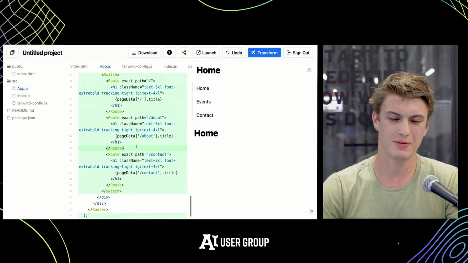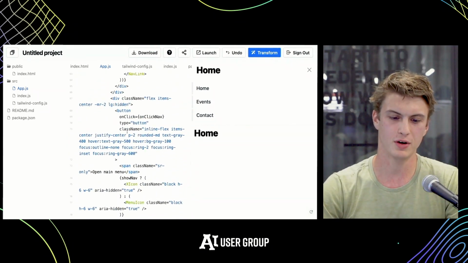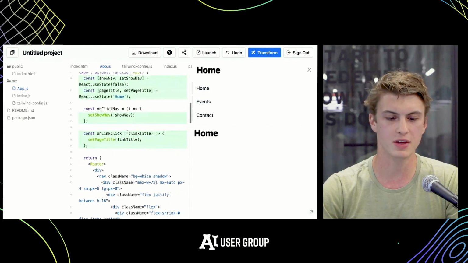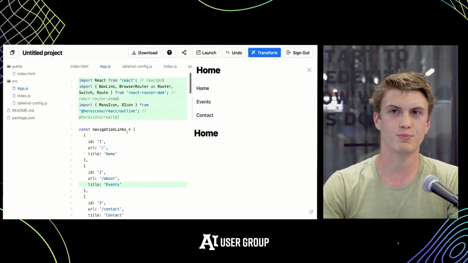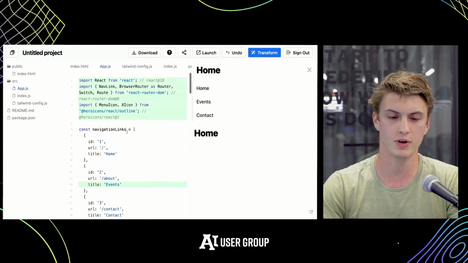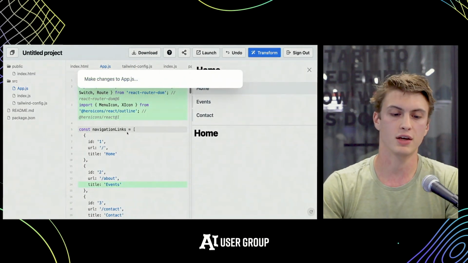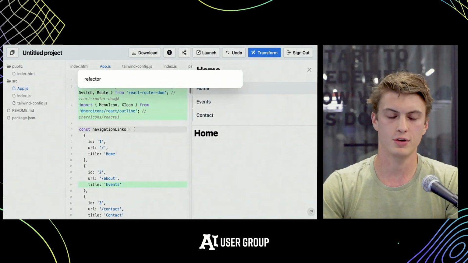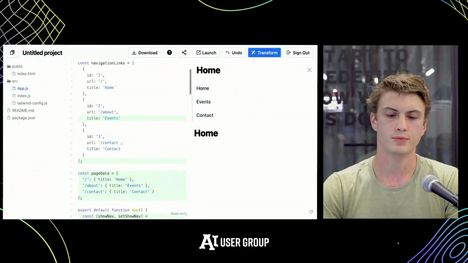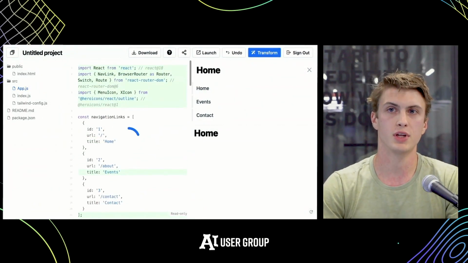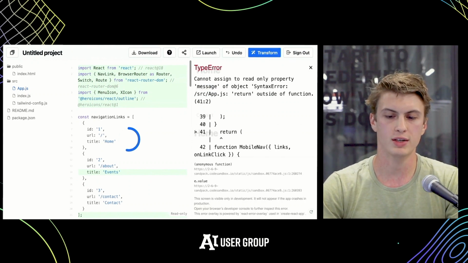but it's a bit messy. If we look here, basically it's put everything into one big React component. And that's probably not going to expand very well as we want to start building our app further. So another thing I could say is refactor into multiple components. And this is something that LLMs tend to be pretty good at, especially when it comes to best practices and